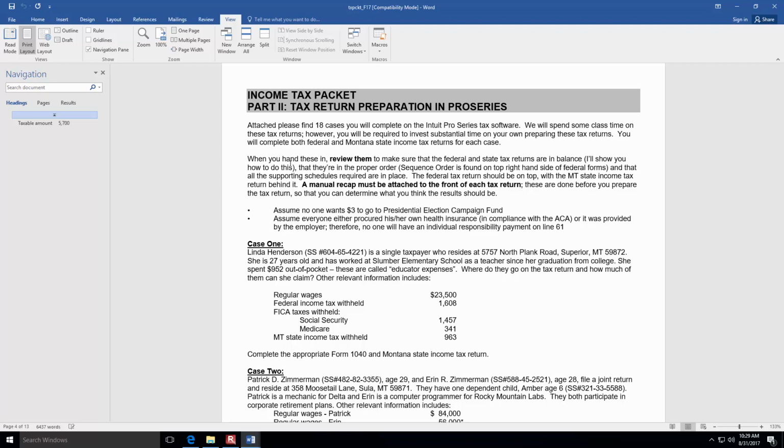And then all the supporting schedules required are in place. When you hand your tax returns in, the federal tax return should be on top with the Montana state income tax return behind it, and a manual recap must be attached to the front of each tax return. What the heck is a manual recap? Well, a manual recap